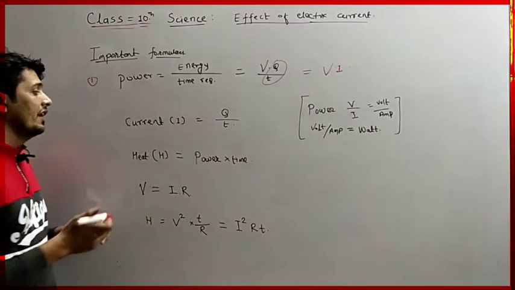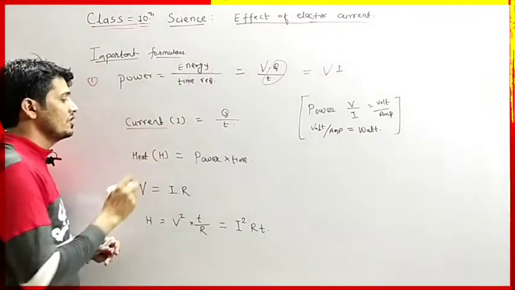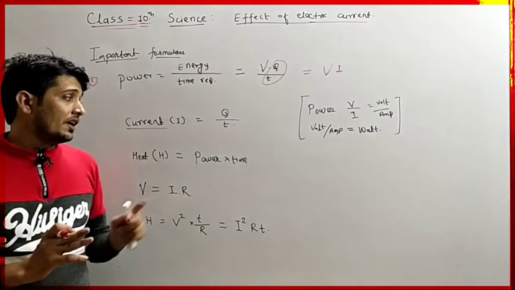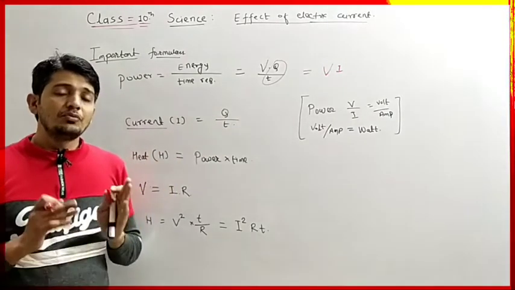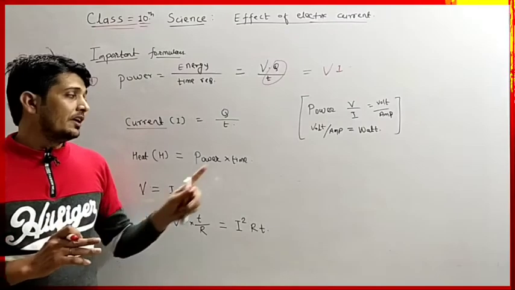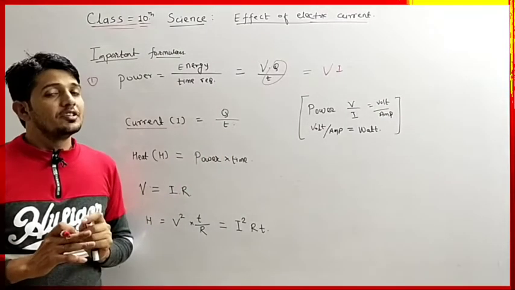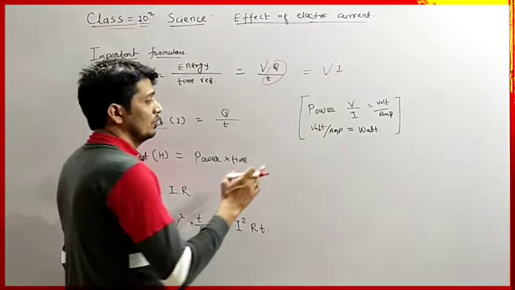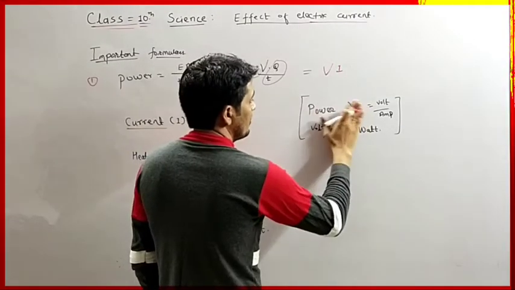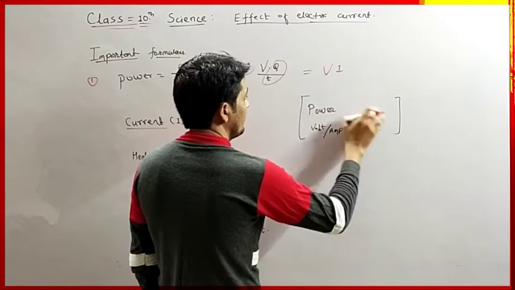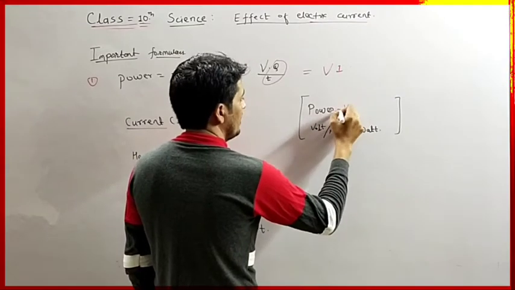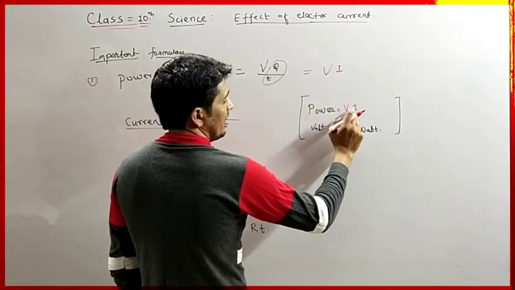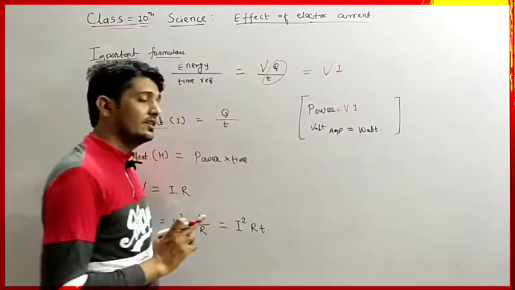Okay, and in the previous standard we have understood the formula for calculating current. So what is current? Current is the amount of charge flowing through any conductor in a unit period of time, called electric current. Okay, so what is the power? It is VI. It is not V divided by I, it is V into I. So what is V into I? V is nothing but potential difference and I is the current.